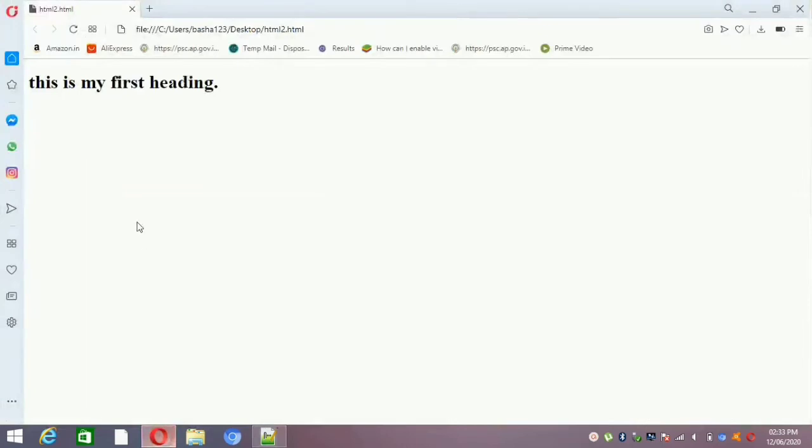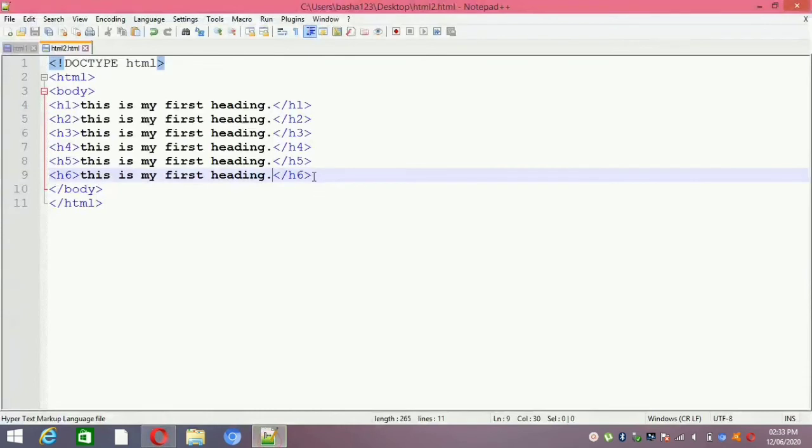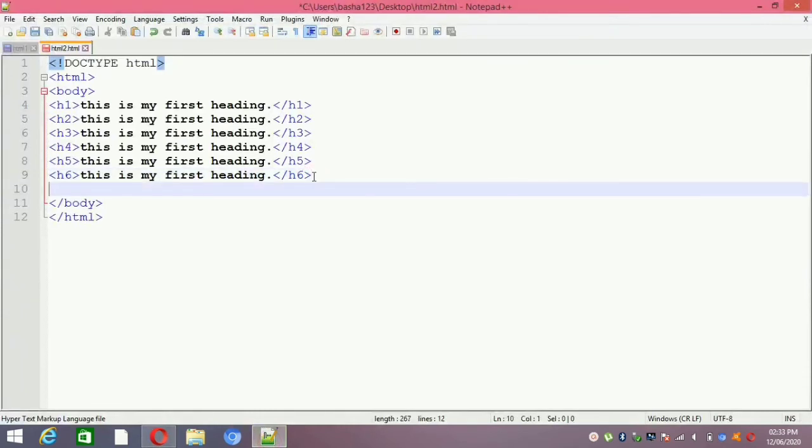Now I am opening it in the browser. Here you can see different types of headings. The first, h1, shows bold letters and then h6 shows the smallest letters. So the size is very small. That is our headings. And then paragraphs.